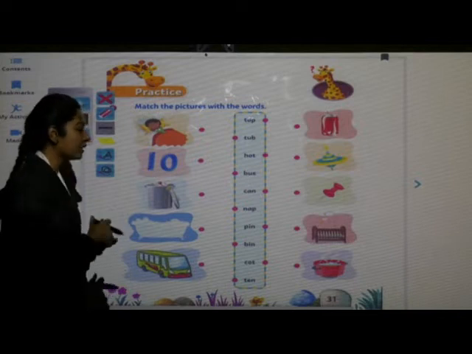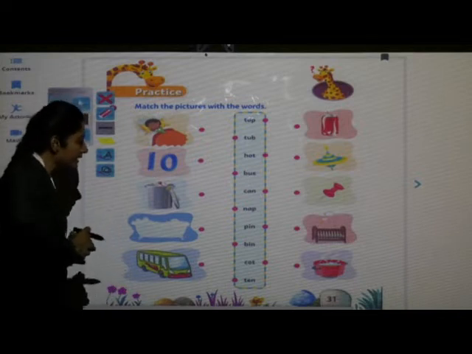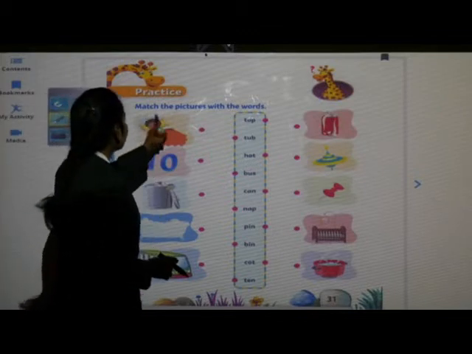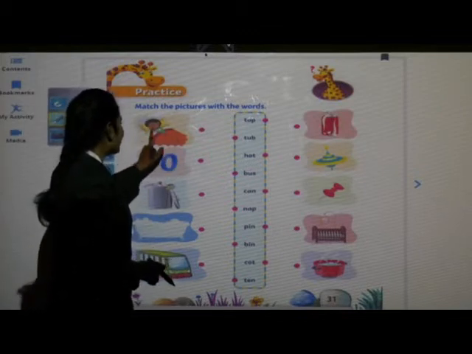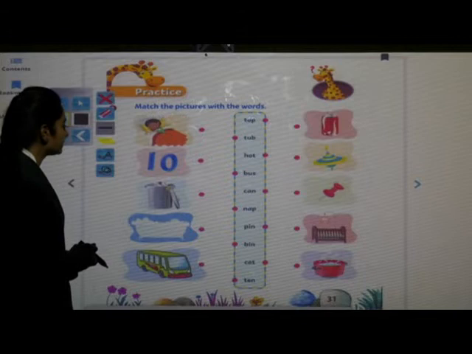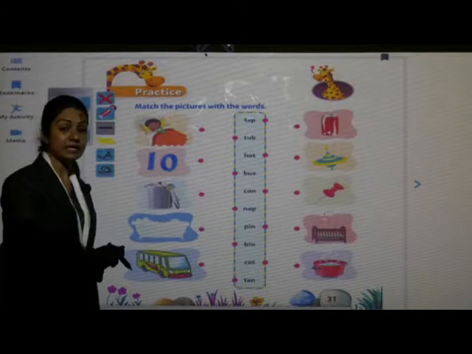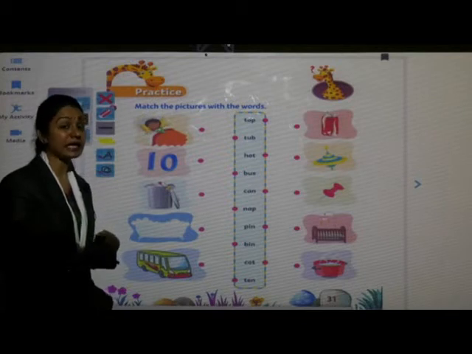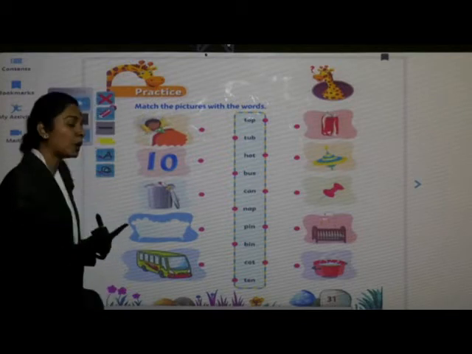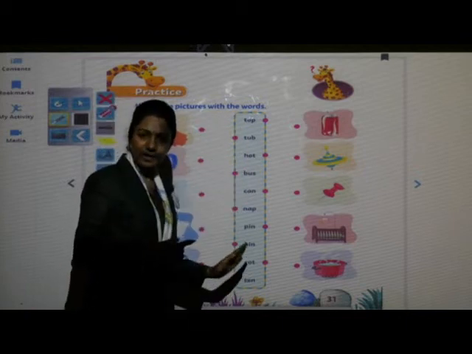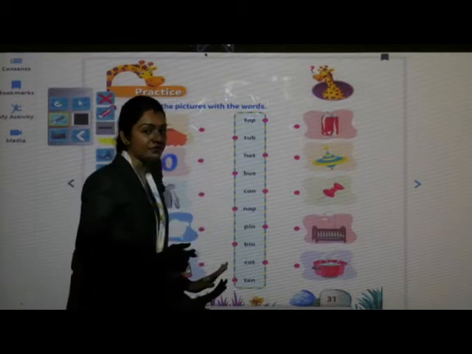Okay. So take the scale first of all. Take the scale. Okay. Now, see children, tell me, what can you see in this picture? What is this boy doing? Yes? He is sleeping. But what we say, he is taking a nap. Okay. So where is the nap? See, first of all, we'll read these words. Okay. Then we'll solve this worksheet.